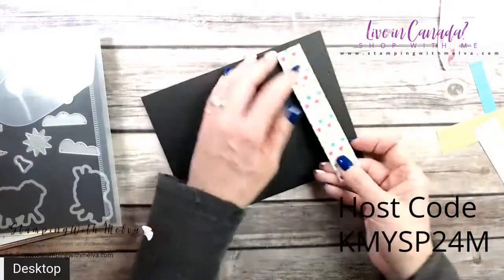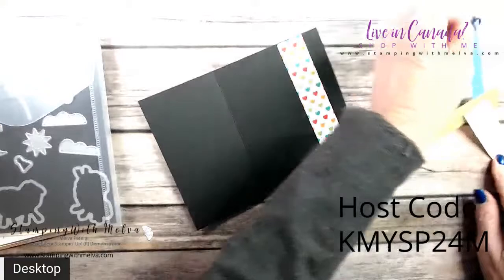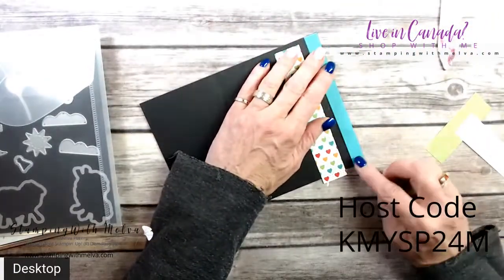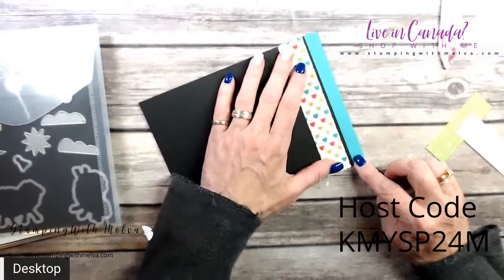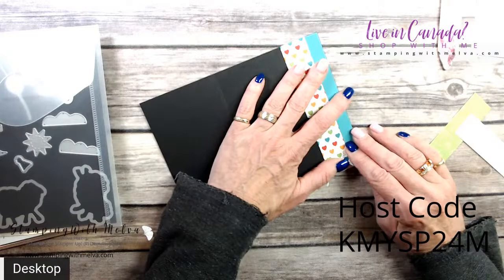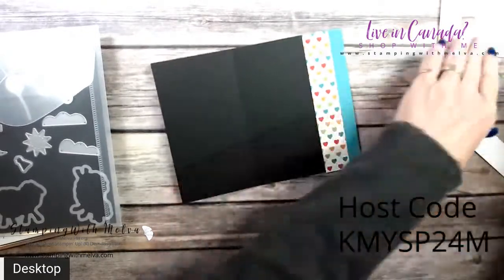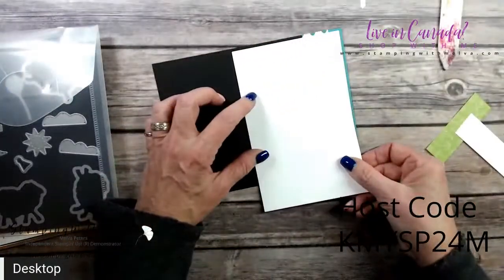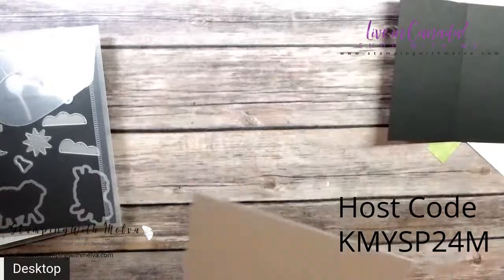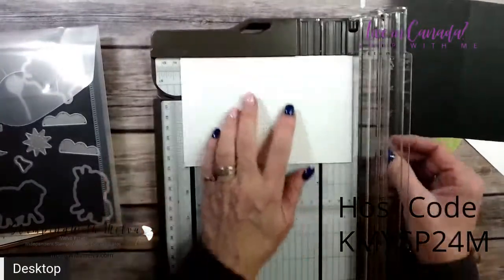So I've got that piece, which is 1 inch by 5 1/2. I've got a piece of Bermuda Bay, because it goes really nicely with that paper, which is 1/2 inch by 5 1/2. So those pieces are going to go right on the inside of my card base. Now, probably because my card base is black, I'm going to make an inside. So if you're going to put a piece on the inside of your card base,